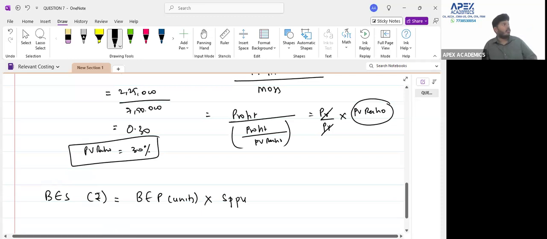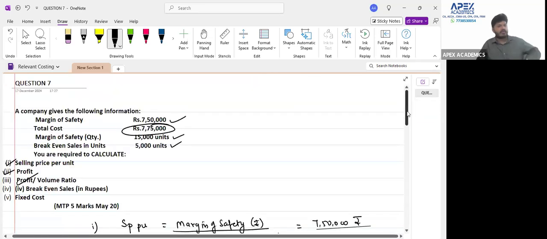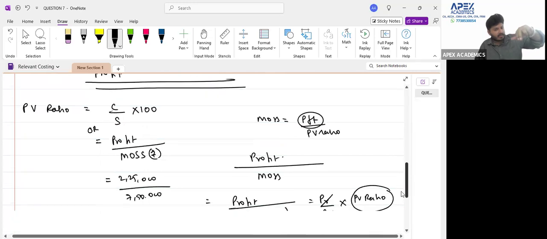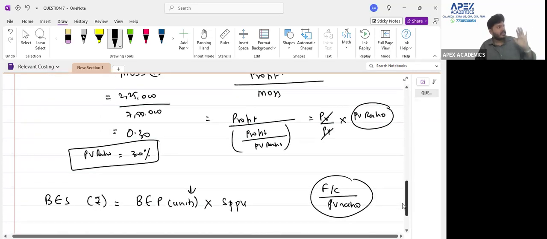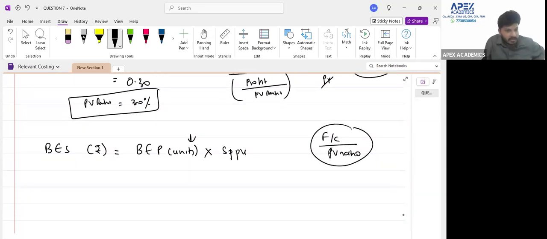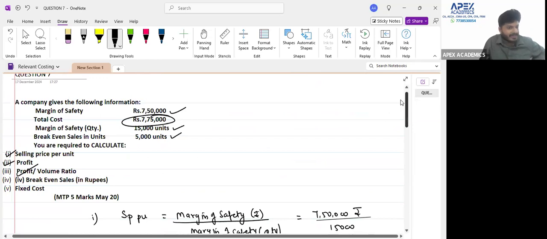Sir, why are you taking this formula? Why are you not taking the formula fixed cost upon PV ratio? ये तो फॉर्मूला है, आपको पता है, बट व्हाई यू आर नॉट टेकिंग दिस फॉर्मूला? चलेगा, लेता हूं, मुझे दिखाओ यहाँ पे फिक्स कॉस्ट कहाँ है। डू आई हैव फिक्स कॉस्ट? आई डोंट हैव फिक्स कॉस्ट। आई हैव टू सिट एंड स्क्रैच माय हेड इन व्हाटएवर आई हैव कैलकुलेटेड सो फार। क्या मुझे कहीं पर भी फिक्स कॉस्ट ये नंबर मिल रहा है क्या? नहीं। तो मैं अपने आप को तकलीफ क्यों दूं? व्हाट्स द पॉइंट ऑफ डूइंग दैट? सो व्हाट इज माय ब्रेक इवन पॉइंट इन यूनिट्स? माय ब्रेक इवन पॉइंट इन यूनिट्स इज गिवन टू मी।